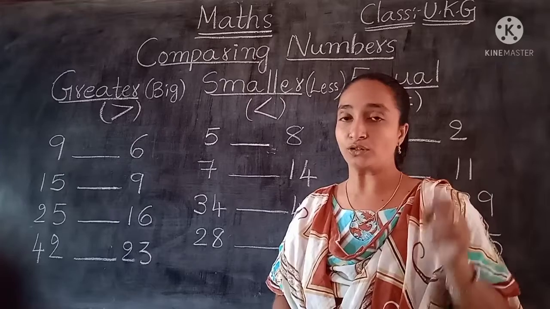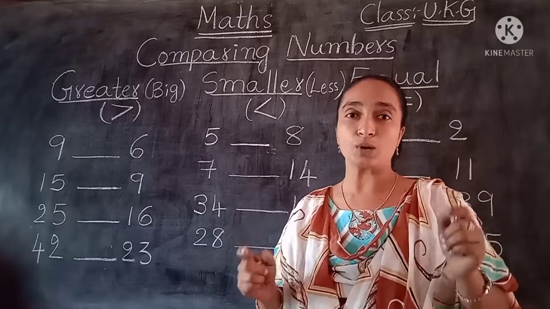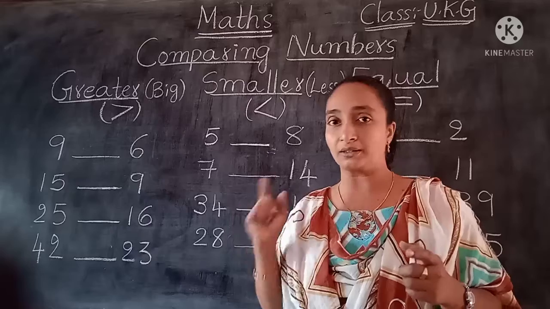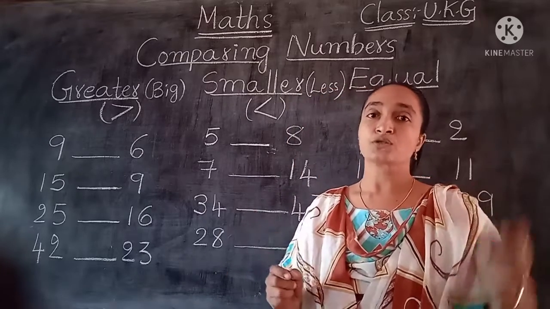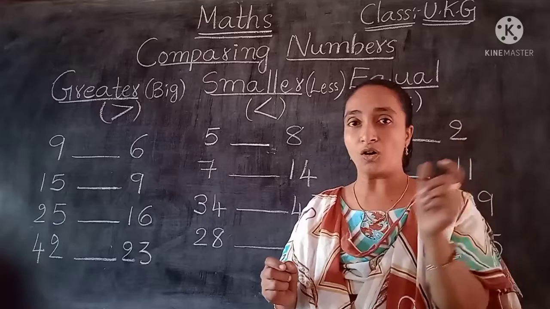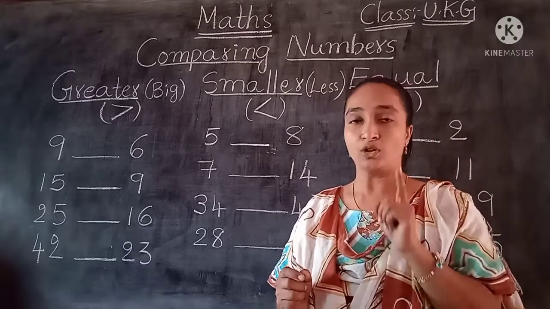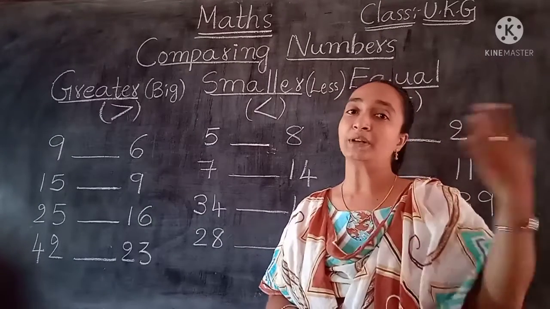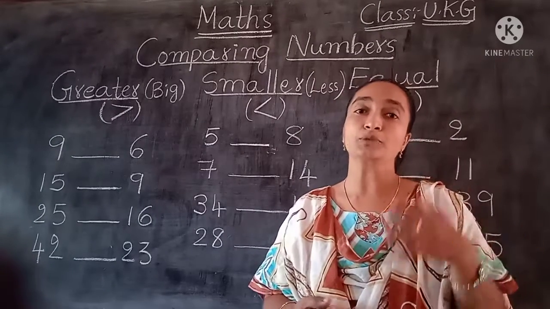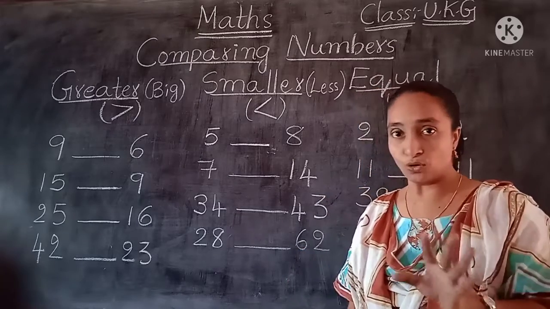First we have to find out how many digits are there. Now, if two numbers are given, obviously one number will be big and another will be small. Okay children? We know the digits. From 0 to 9 they are called single digit numbers, only one digit. And from 10 to 99, these are the two digit numbers. We already know this.